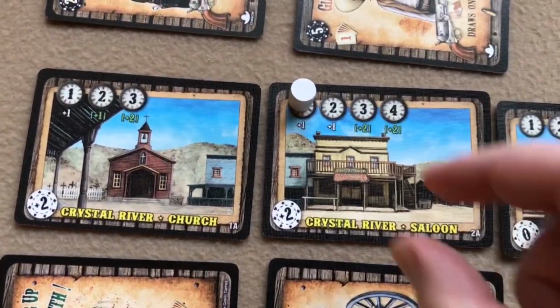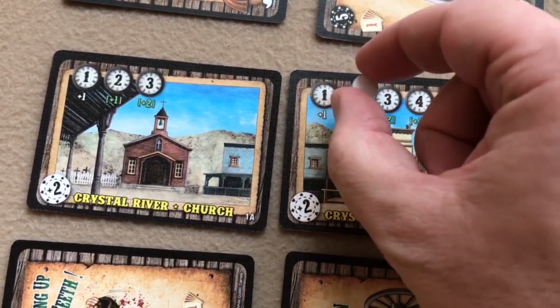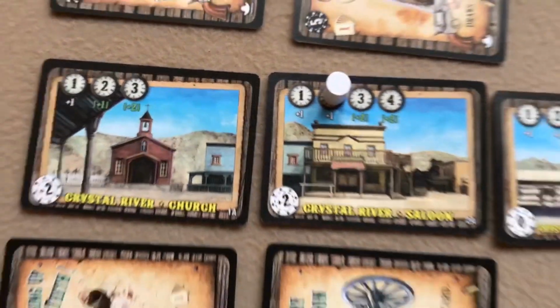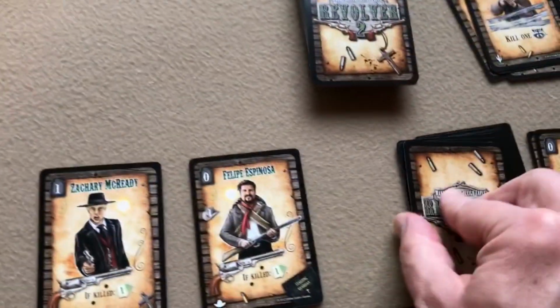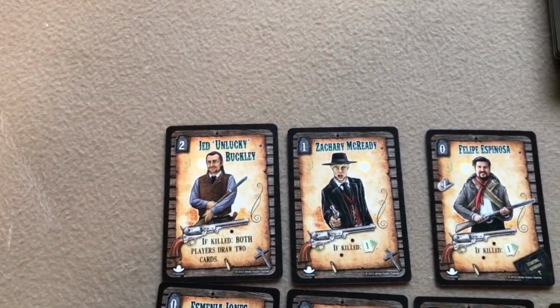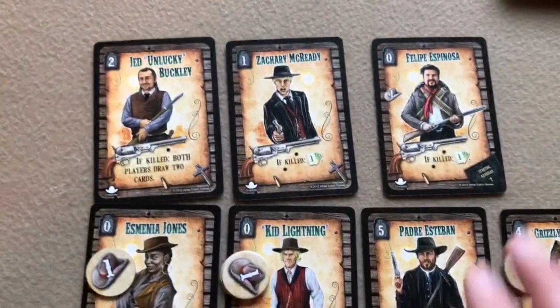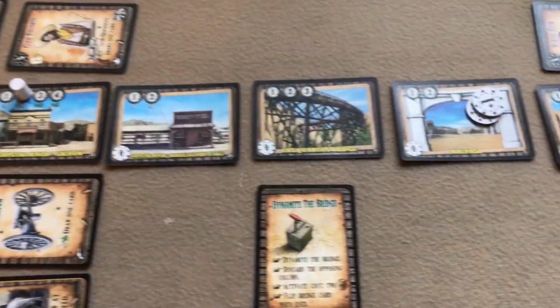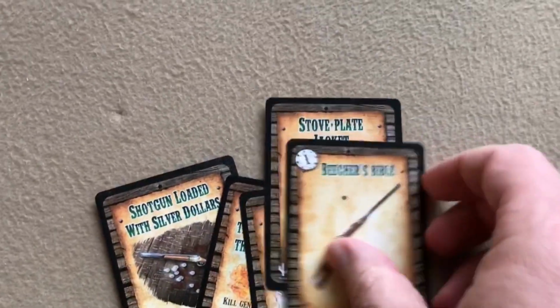Okay, so it's Malpaso's turn again. He's got to advance the marker. That's not optional. It's white, but he does get to draw 1 Guardian. So he draws another Guardian into his Guardian tableau or whatever. And then he draws 2 cards into his hand. And let's see what he...